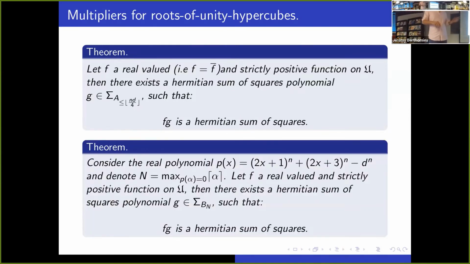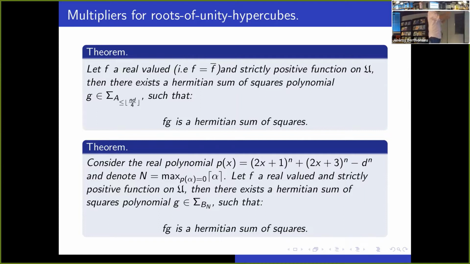And consider this polynomial, and denote n the ceiling of the positive root. This polynomial has two roots when n is even and just one root when n is odd. You can check this, and you take the positive real root of this polynomial, and you take the ceiling of this positive root,